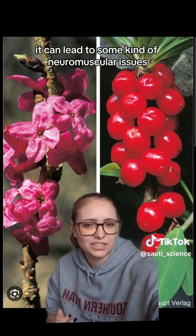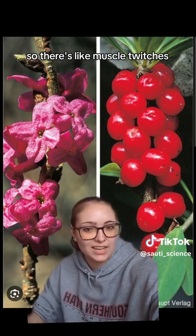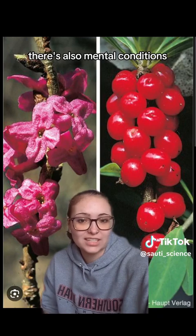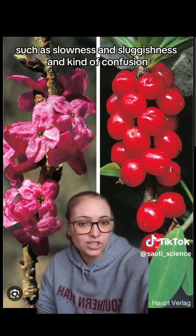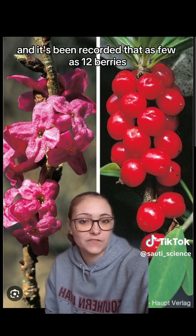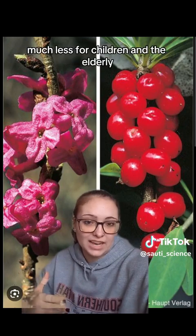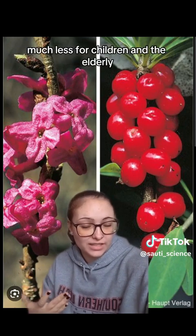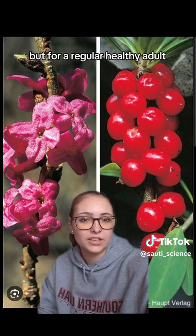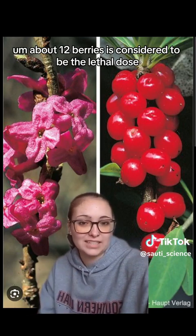and in mostly younger kids who ingest it, it can lead to some kind of neuromuscular issues, so there's like muscle twitches, like the uncontrolled movement of muscles. There's also mental conditions such as slowness and sluggishness and kind of confusion, and it's been recorded that as few as 12 berries in adults can be fatal, much less for children and the elderly, but it also does vary depending on the individual, but for a regular, healthy adult, about 12 berries is considered to be the